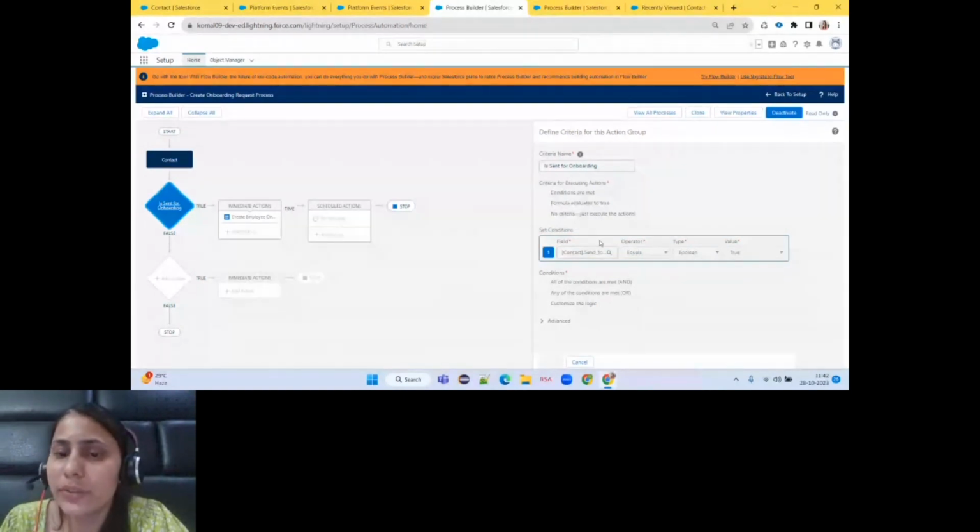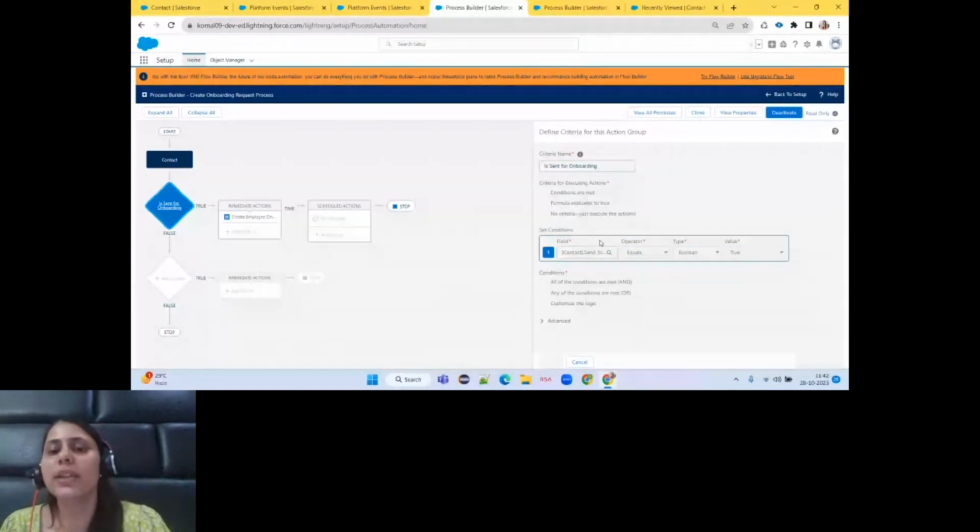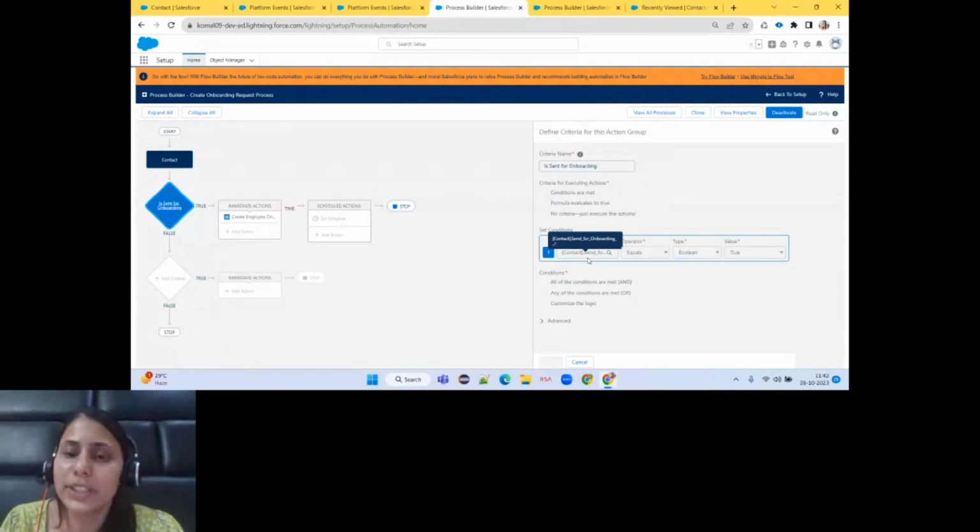It is of type checkbox. So basically, when I create a contact, there will be a Sent for Onboarding field, and only once that field is checked will my platform event get triggered. This is one of the basic conditions and the acceptance criteria.